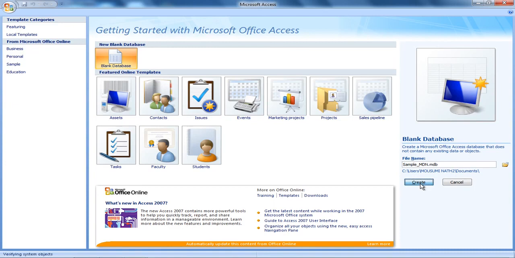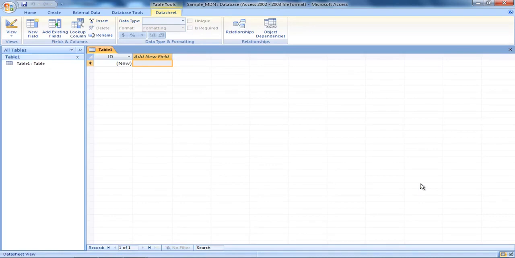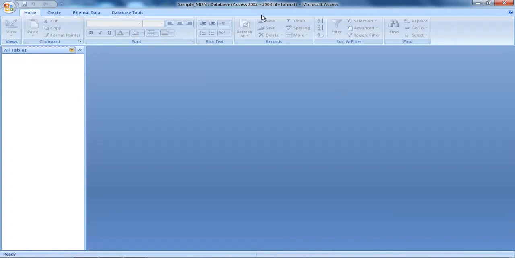Now I click on Create. So this is my sample_mdn created with a blank database. I have not created any tables right now. It is only a blank database which we have created. Now remember, I told you we need to first design the database. For designing the database, now see, here by default one table is given. I will just remove this. I will just close the table from here. You can see now